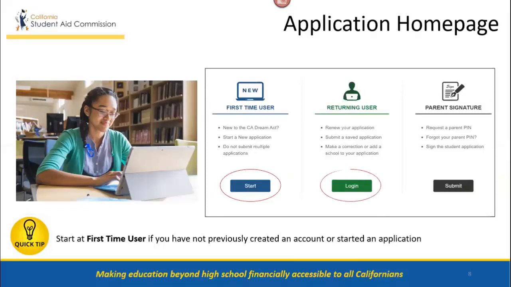If you previously created an account or have already completed an application and you want to review your application or make corrections or renew your application for the next school year, you'll simply log into the application using the green Login button under the Returning User heading. Remember, you will only create an account as a first-time user once. If you forget your login credentials, you will want to recover your user ID or reset your password instead of